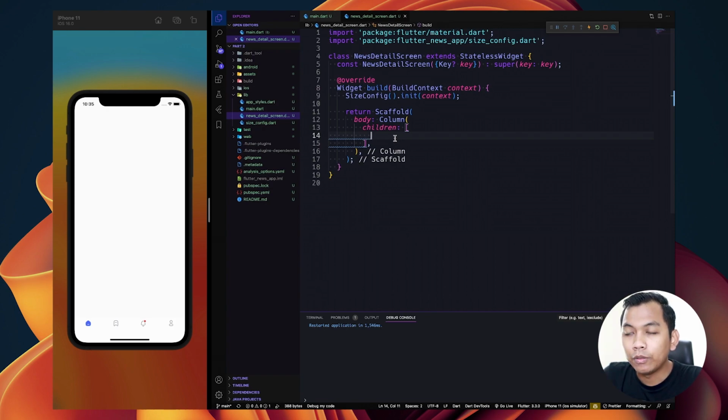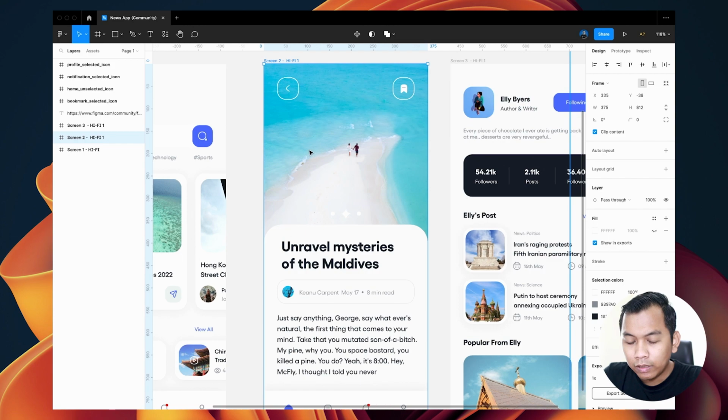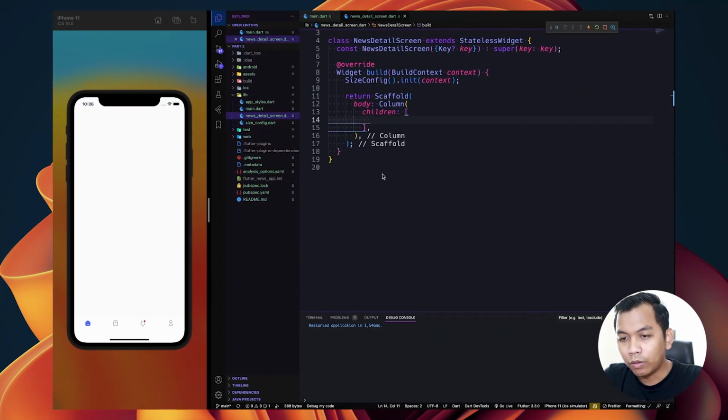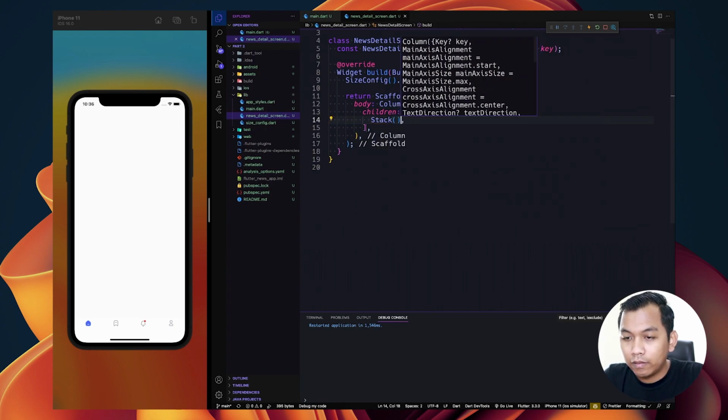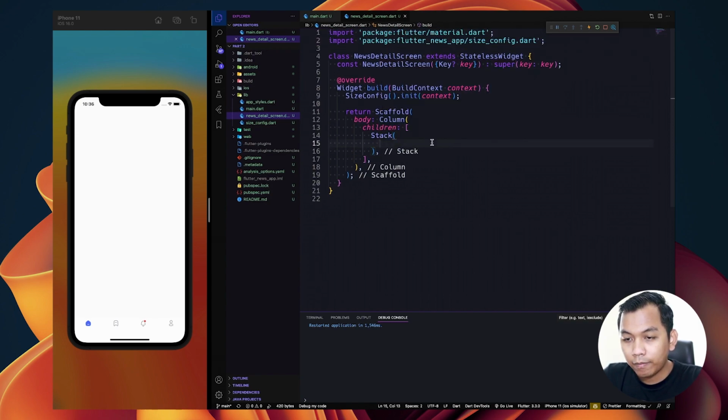And what we need to do, so first we need to say here, because this image below is something like a shape, so first let's add a stack widget, because with this stack widget we can place a widget and overlay another widget in front of the previous widget.